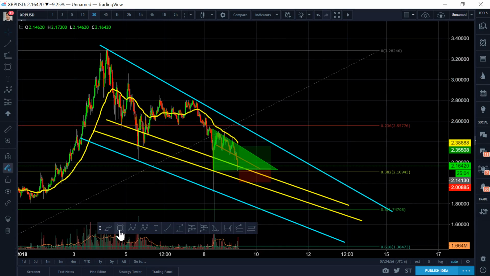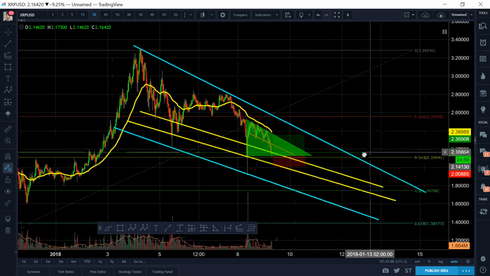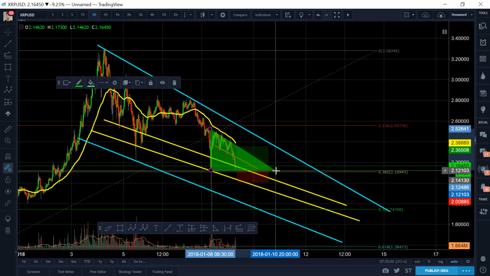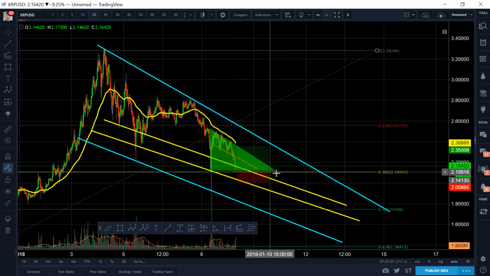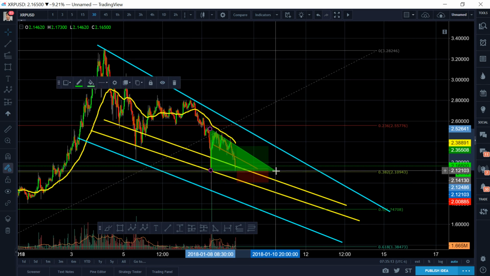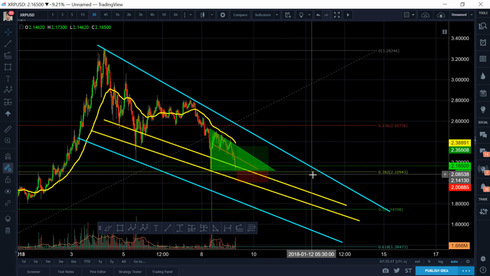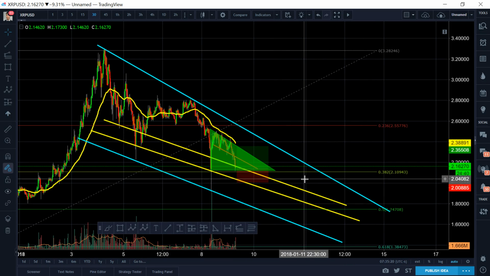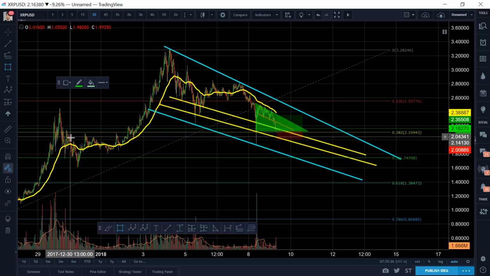This is nothing, this fib level. 382 is holding for now, okay, guys? It is holding for now, and I do think that at the end of this symmetric triangle, this descending bearish triangle, I want it to be clear about that. It's bearish and it's descending. When it breaks out of it, it coincidentally is at the 382 region. I can't help but think it's going to break down to even lower, to the next major support area, which will be in here,